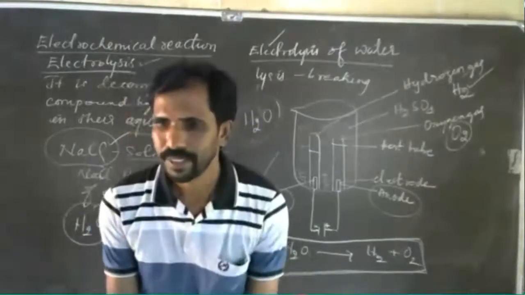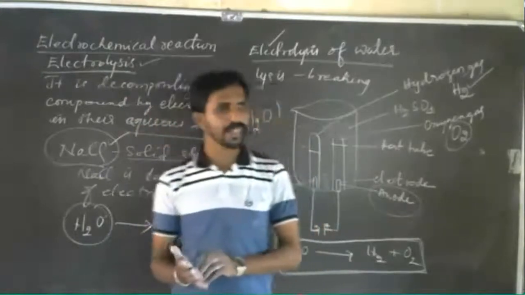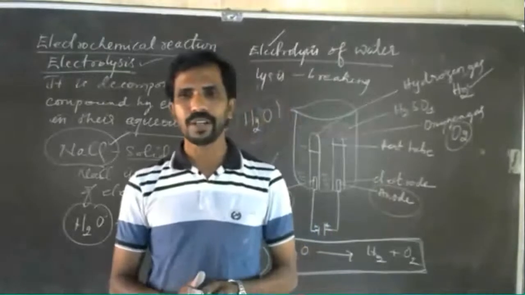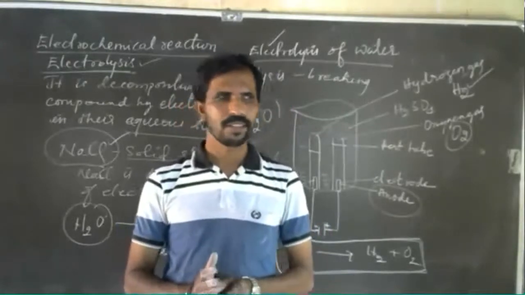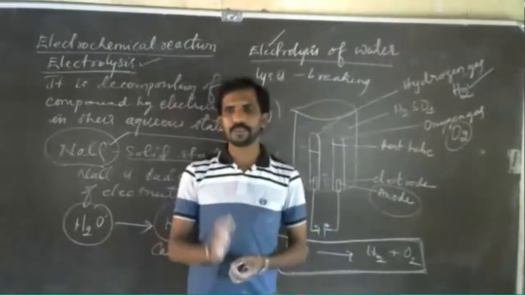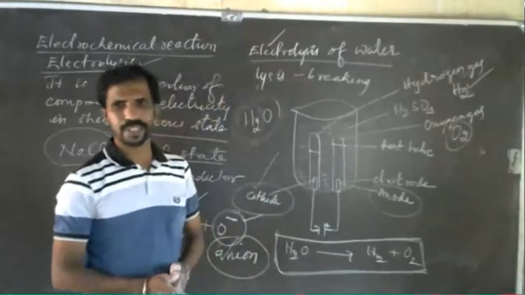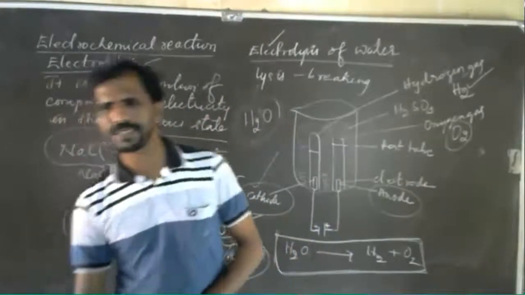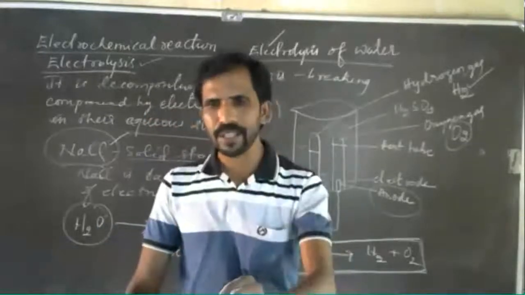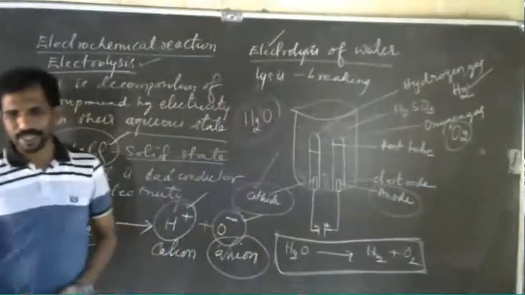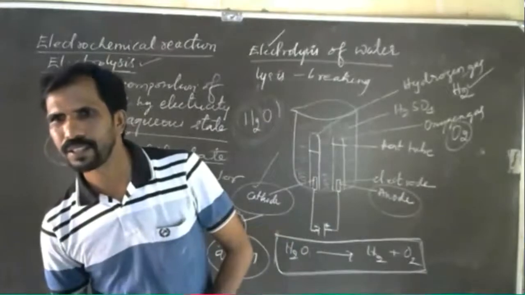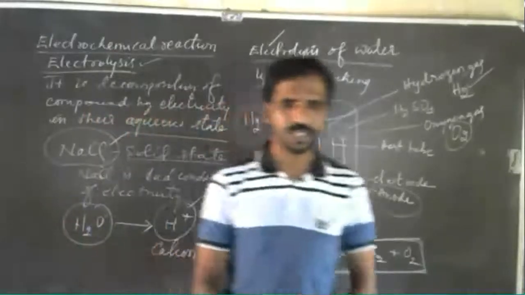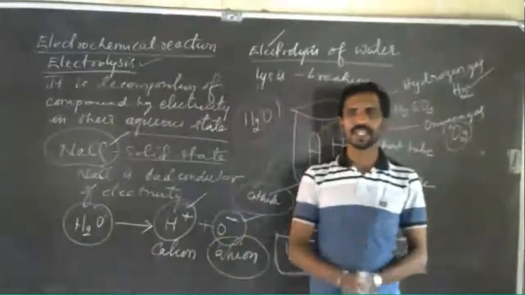What is electroplating? Vaishnavi is asking what electroplating is. Electroplating is a process of deposition of high quality metal on low quality metal by electrolysis. I will tell you about this in the corrosion part of this chapter. For now just remember: deposition of high quality metal on low quality metal by using electrolysis is called electroplating. Understood, Vaishnavi? Yes, sir. OK, the concept will repeat later and I'll explain then.